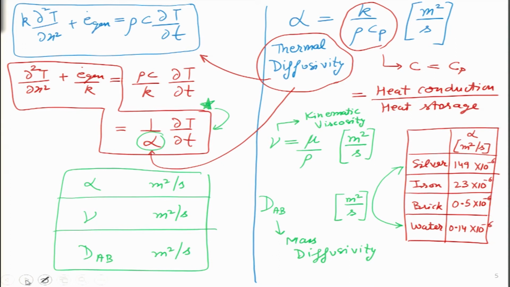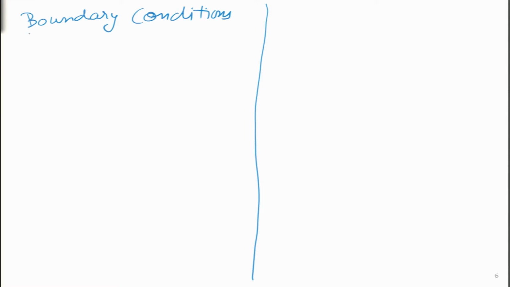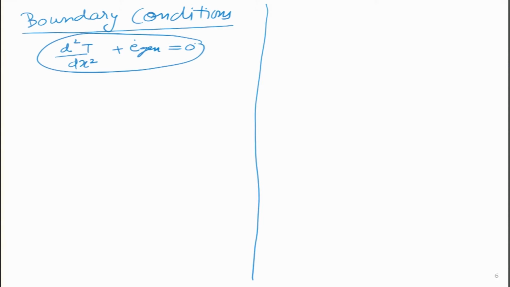Moving on to the next slide, now let us try and see a few cases of boundary conditions. If you remember, we have talked about boundary conditions before, and why is boundary condition important? Because whenever we want to solve some sort of an equation, whether it is ODE or PDE, in this particular case we are solving the heat conduction equation. Let us say this form is over here. If it is a second order differential equation, then we need two boundary conditions,